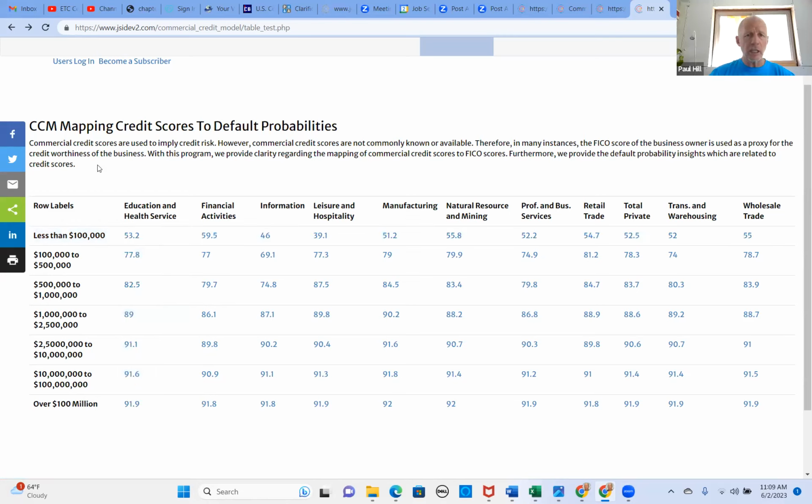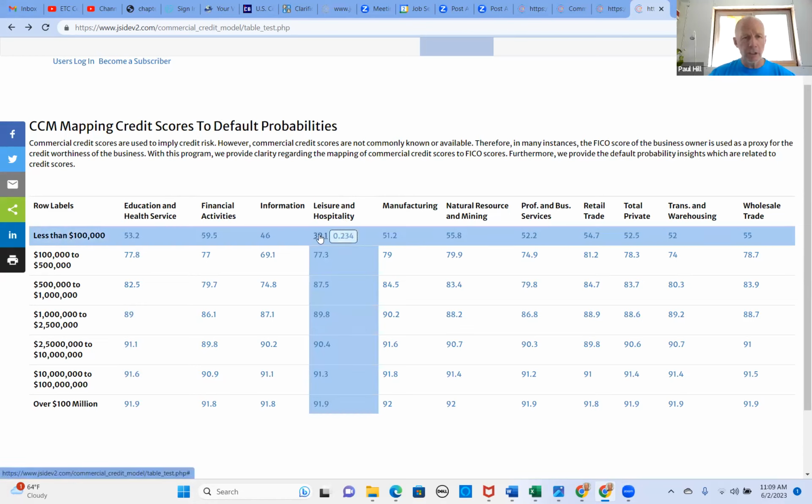Let's say we take leisure and hospitality, and small, very small leisure and hospitality businesses. You're talking maybe less than $100,000. You're looking at maybe 1 to 2 employees. They've been in business typically less than a couple of years. You're looking at an average commercial credit score of 39.1. And then the associated default probability for that business is 23.4%. And that default probability value is really important because that's an actionable item that you can build into a